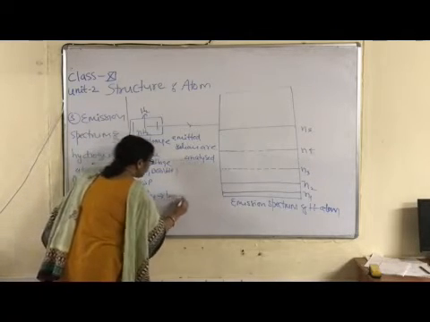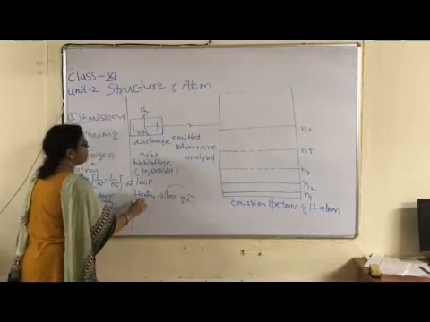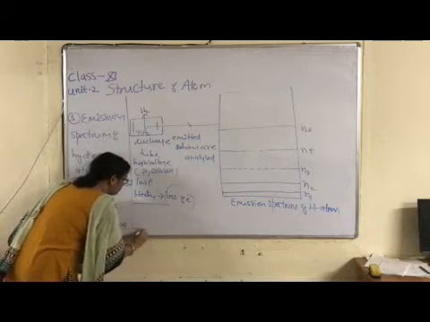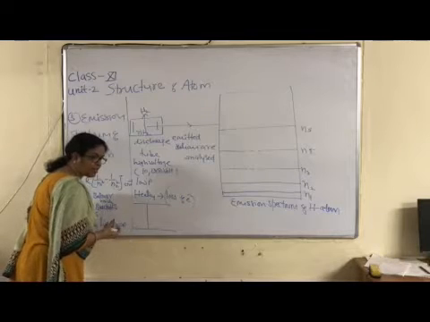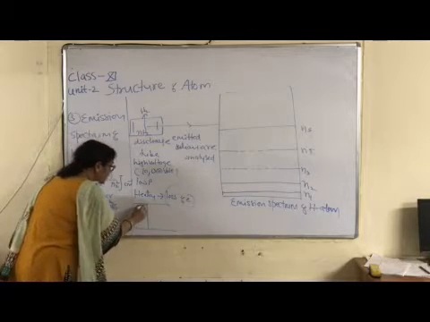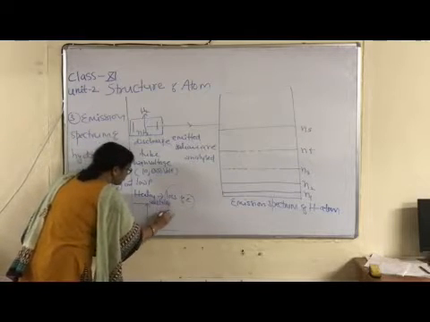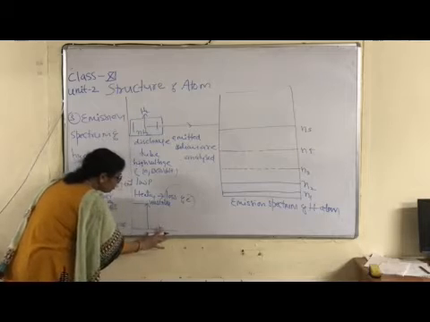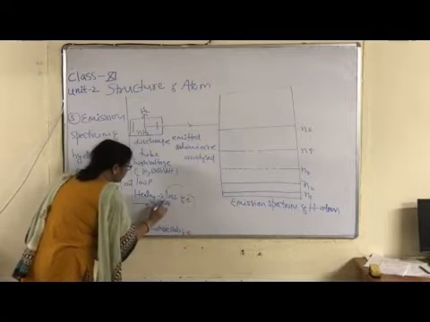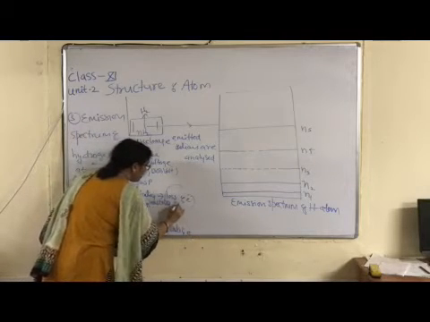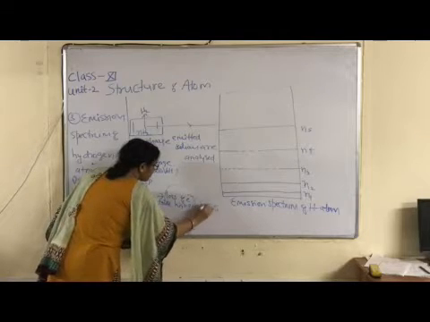What happens? Loss of electrons. But any excited form, either at moderate temperature, at moderate voltage, or at very high voltage, any excited form is always an unstable state. Right? This bottommost line is showing the stable state of the electron, and this is an unstable state because this is a high energy state. Right? Then what happens?